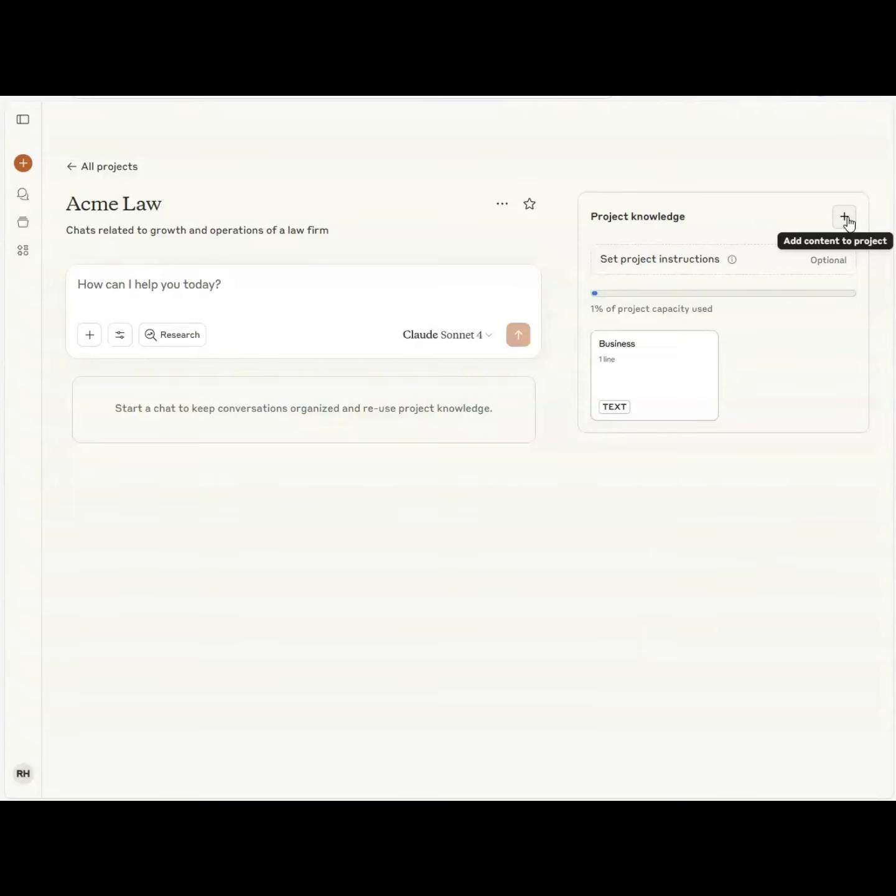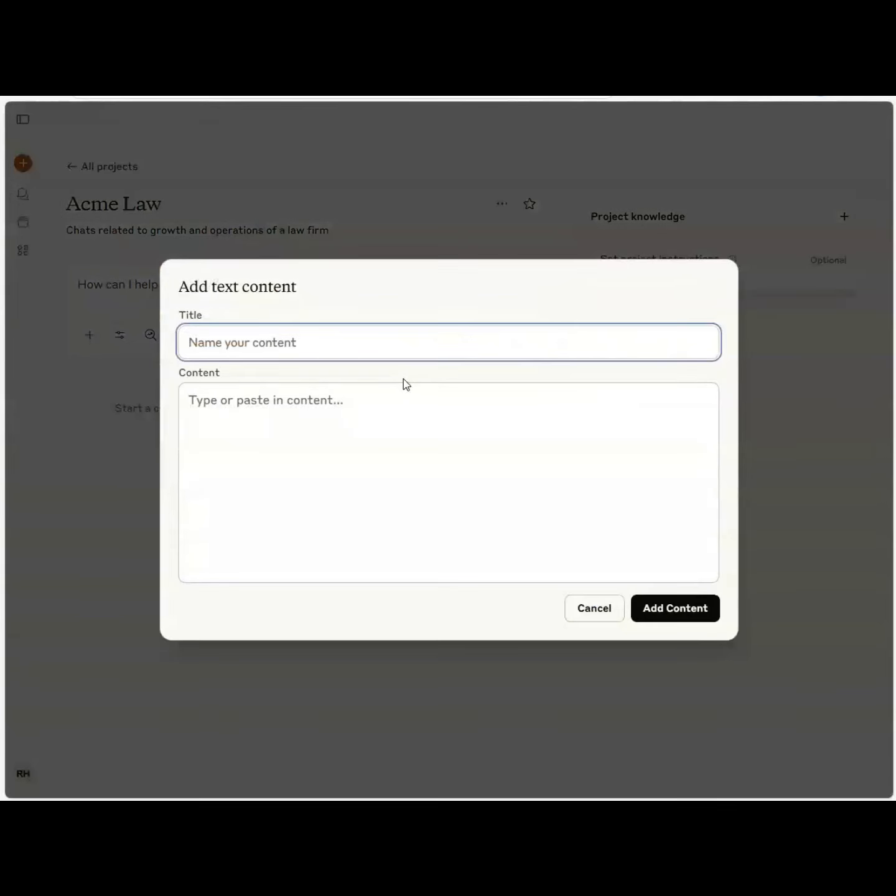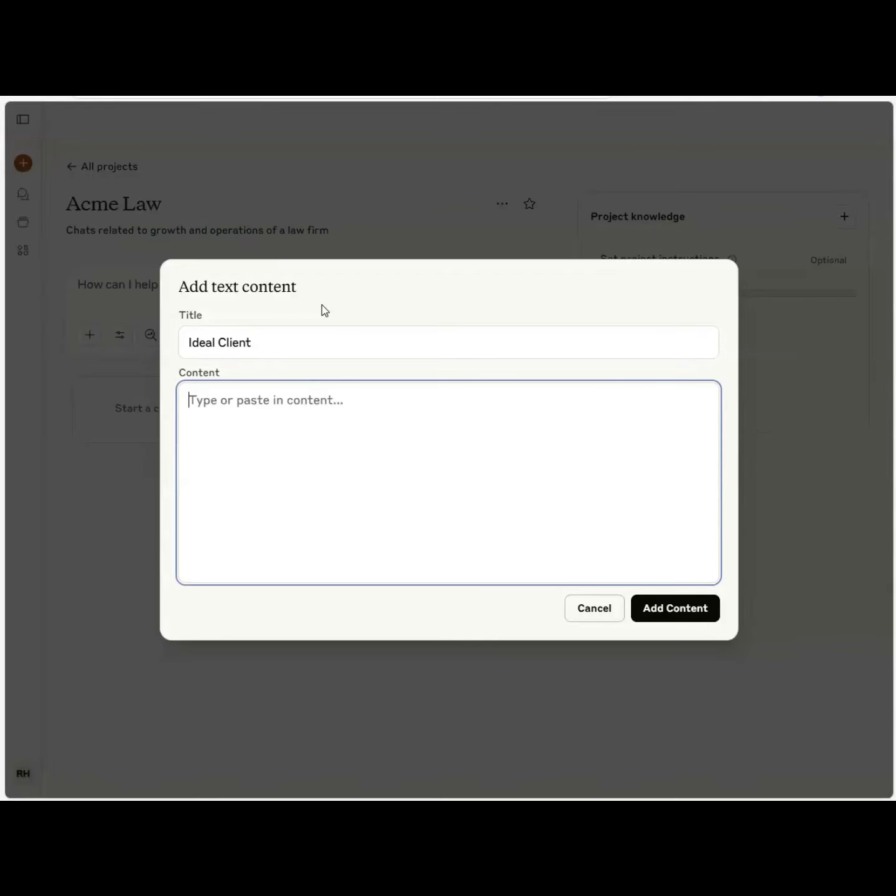businesses are in the business of solving problems for clients. So you could say that, you know what, here is this. I'm going to make a new avatar. I'm going to say the ideal client. Okay. And so this is where basically you want to give some sort of descriptors about who the ideal client is. Okay. So here I'll say the ideal client